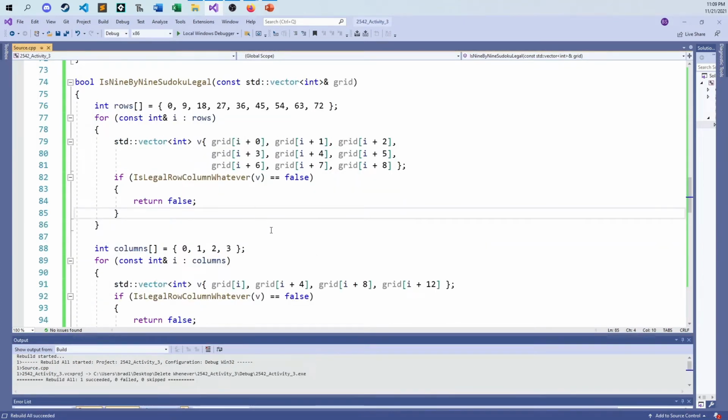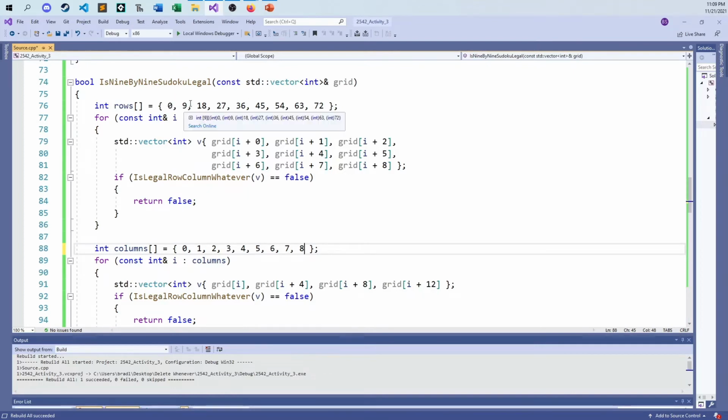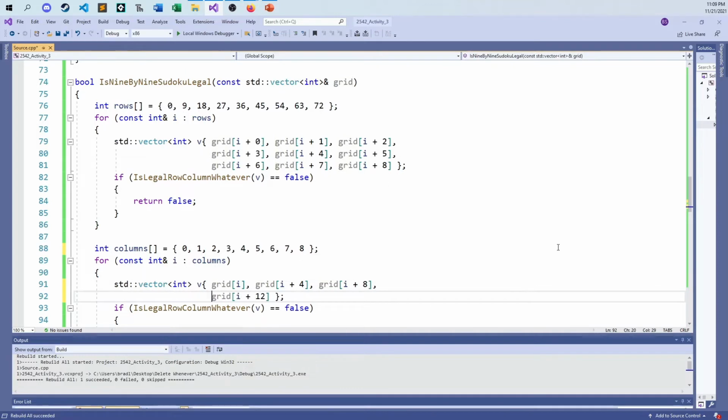And so we're just going to do the same kind of thing here. So we're going to have 9 columns now. So 4, 5, 6, 7, 8. You get the point there. And basically, this is because we're doing columns, just like we did here. We need I plus 0, I plus 9, I plus 18. Every 9th element represents the elements that make up a column. And so I'm just going to bring this down again, because there's going to be 9 total. So it's going to be like this: I plus 0, I plus 9, I plus 18, I plus 27, and